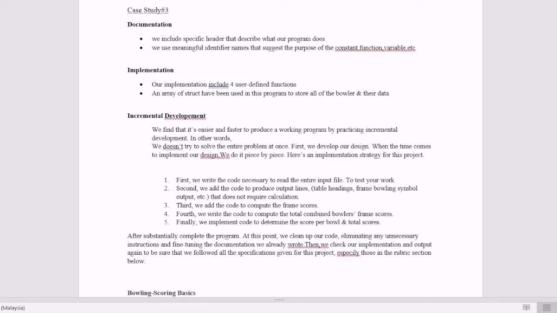After sufficiently completing the program, at this point we clean up our code. We eliminate any unnecessary instructions and fine-tune the documentation we already wrote. Then we check our implementation and output again to be sure that we follow all the specifications given for this project, especially those in